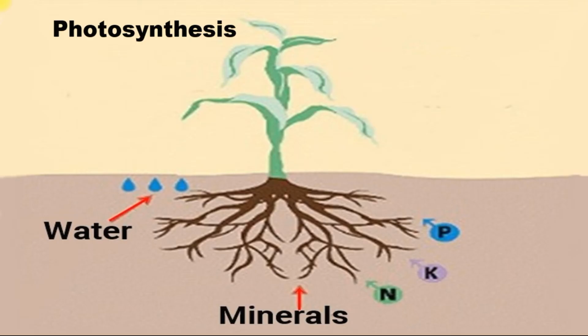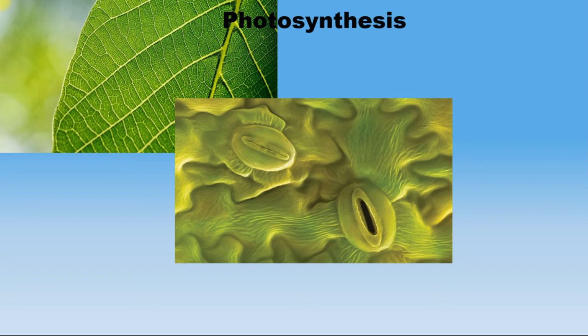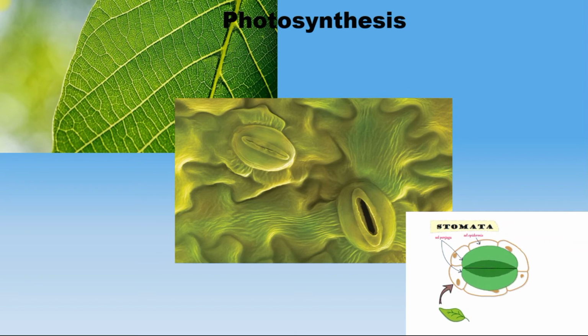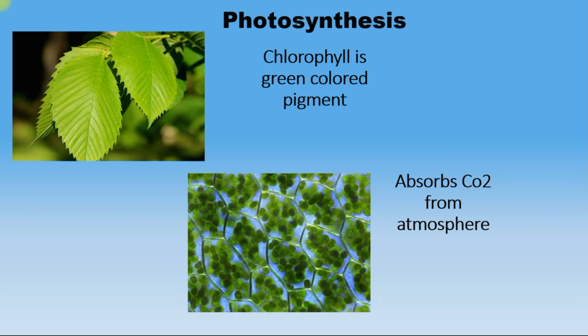Roots of the plant absorb water and minerals from the soil and then transport these materials to the leaves. There are tiny pores present on the surface of the leaves. These pores are called stomata. Stomata take carbon dioxide which is present in the atmosphere. So in this way, plants absorb carbon dioxide that is needed for food preparation. And a substance called chlorophyll is present in the leaves. This chlorophyll is a green color pigment which gives green color to the leaves and captures the sunlight that is very